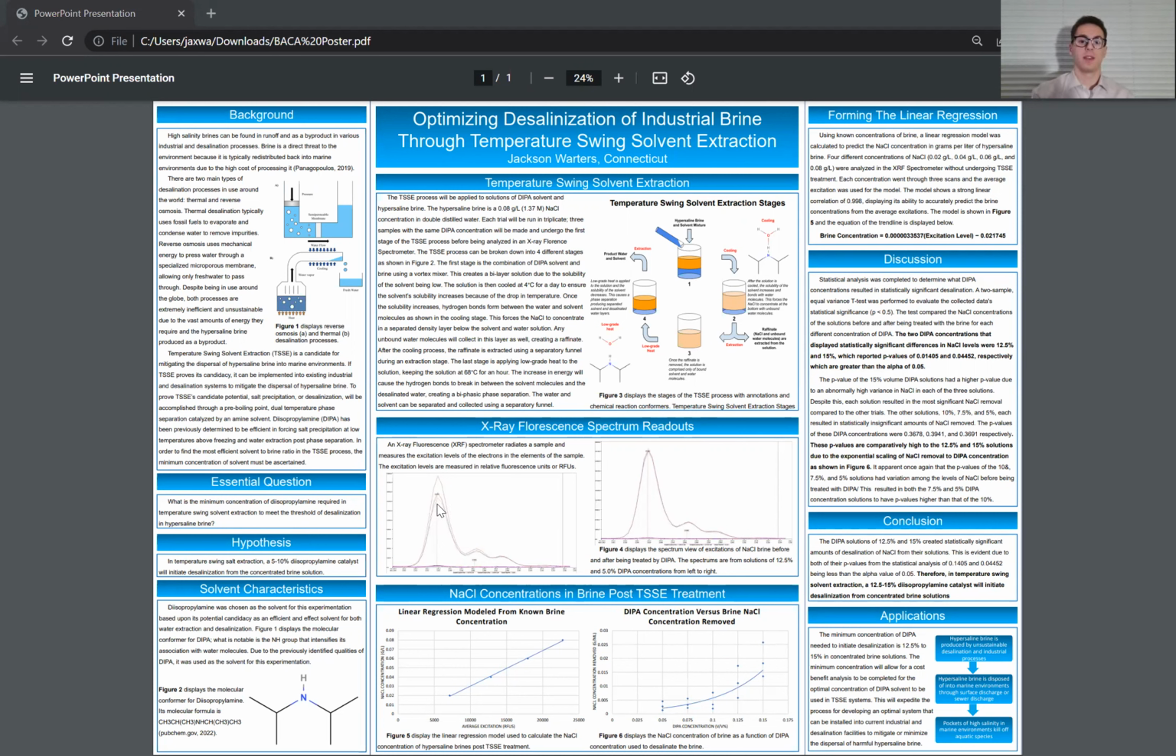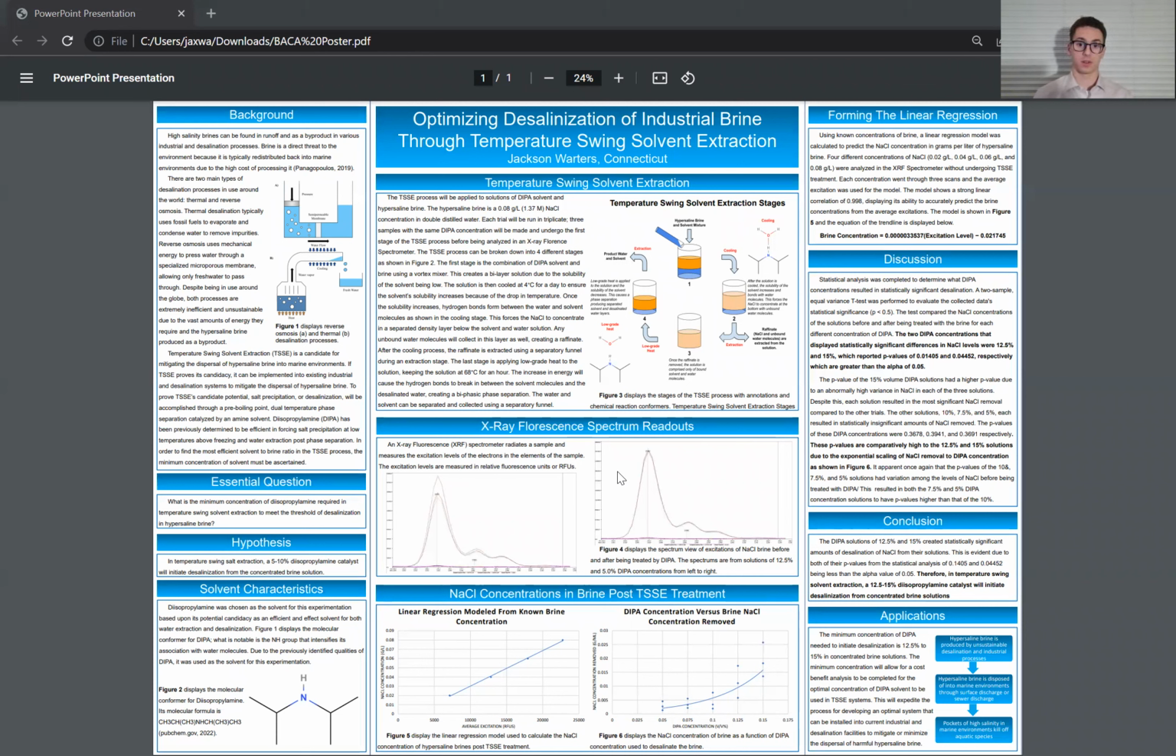What's noticeable is that in the left one, which is the 12.5% DIPA concentration one, you can tell that there's a huge gap in the chlorine levels inside the solution between before and after the TSSE process occurred, which tells me that there's a huge difference in the sodium chloride in that solution. This is compared to no difference in the other spectrum, which is the 5% diisopropylamine solution. And this basically shows that there is little to no difference in the salt within that solution after